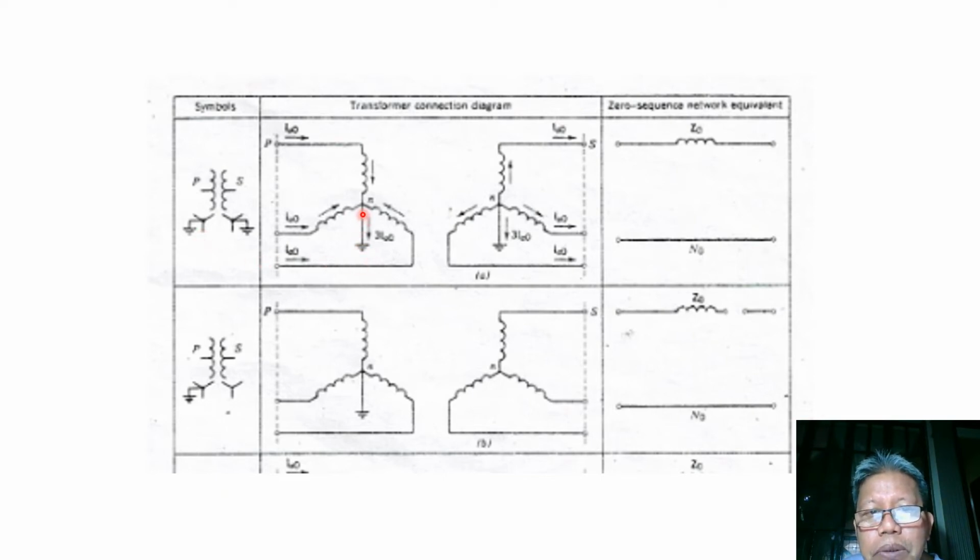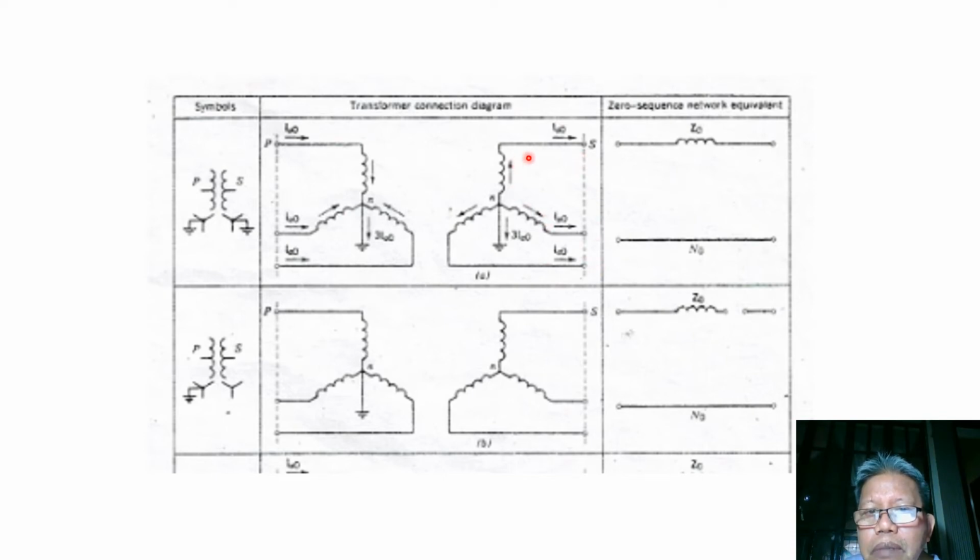Okay, from the neutral of our transformer to the ground, we have 3I_E0 flowing. Similarly at the secondary, zero sequence currents also flow. So we have I_E0 going out towards its terminals. You have also I_E0, this is actually I_B0 equal to I_E0, going to its terminals also, and we have I_C0 or I_E0 going to these terminals.